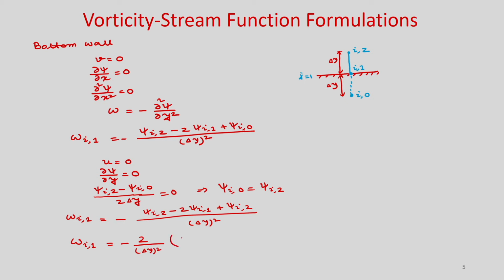Okay. So, you will get psi I 2 minus psi I 1, and here you can see psi I 1 is the boundary value. For our case we have chosen it as 0, but you keep it as it is, so that if you have some constant value you can use it here. So, psi I 1. Similarly, now consider the top boundary.